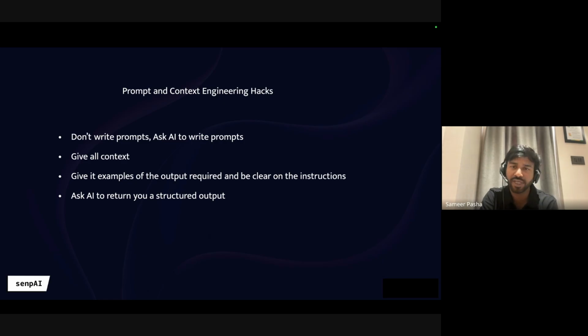Give as much context as possible. What exactly is the work setup? What is the level of expertise? What is the expected outcome? How do you want to go about it? All that. And as you must be aware, giving it a set of examples clearly defines how you want the output to be for the LLM.